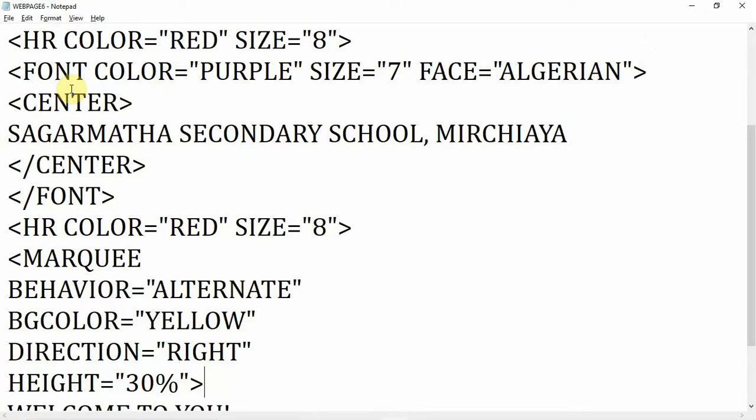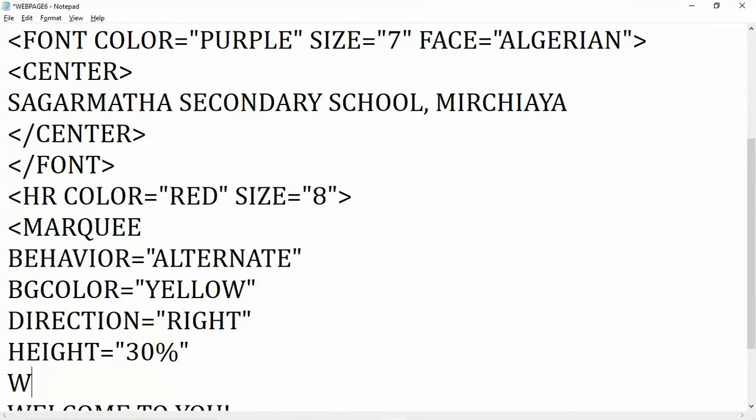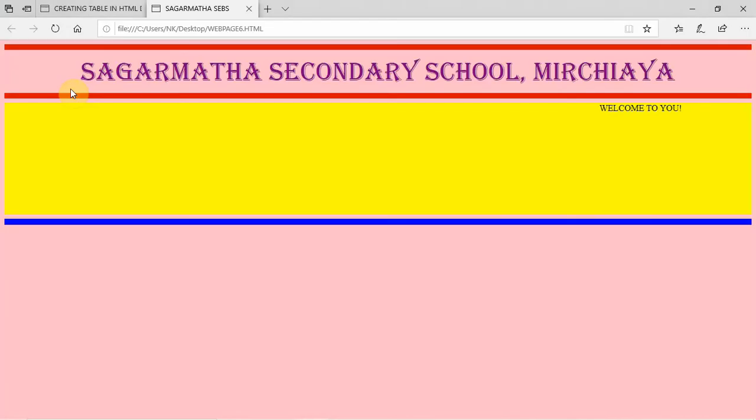If you want to change the width also, you can change WIDTH. By default it is 100% width, and if you want, you can change its width also, like 50%, then its width will be changed. Here you can see by default this is the width, this yellow part. If I press the F5 key, now you can see 50% only.